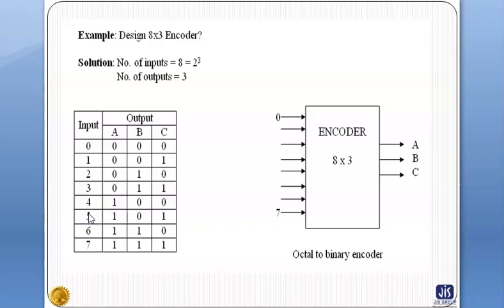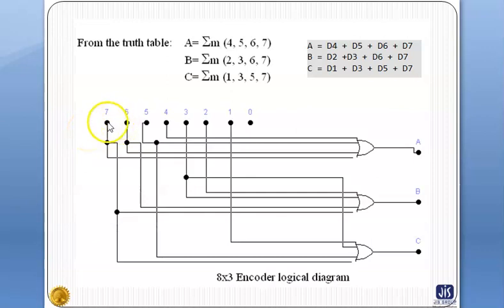So from the truth table, we can get the Boolean functions for A, B, C as: A is equal to D4 or D5 or D6 or D7, B is equal to D2 or D3 or D6 or D7, and C is equal to D1 or D3 or D5 or D7.